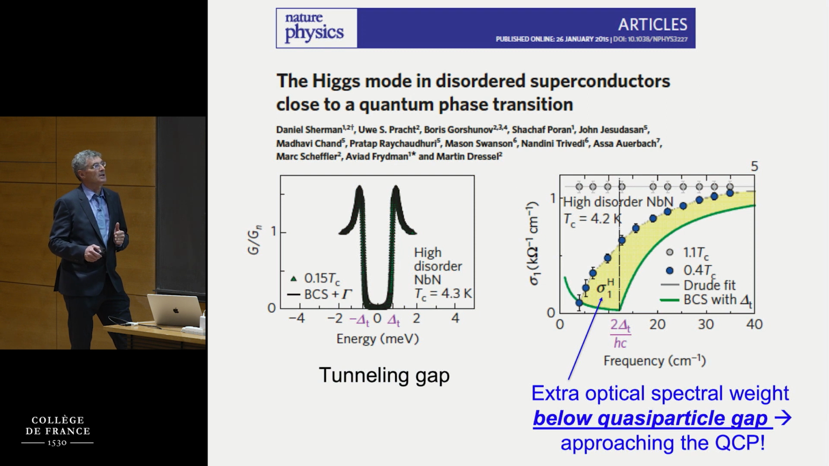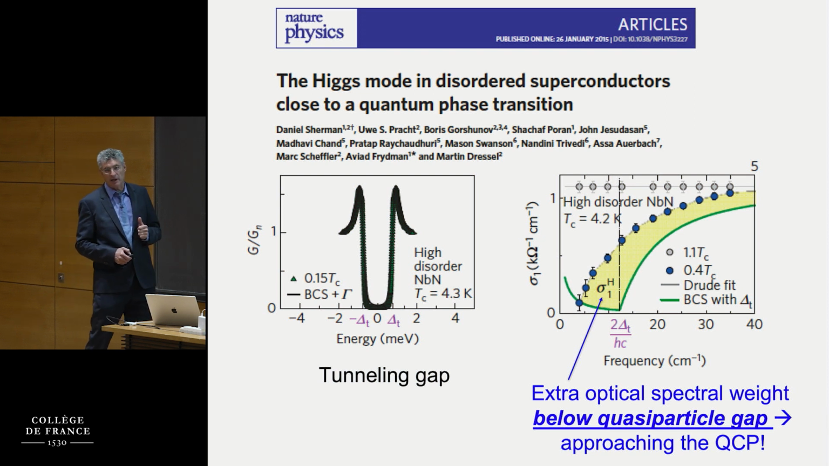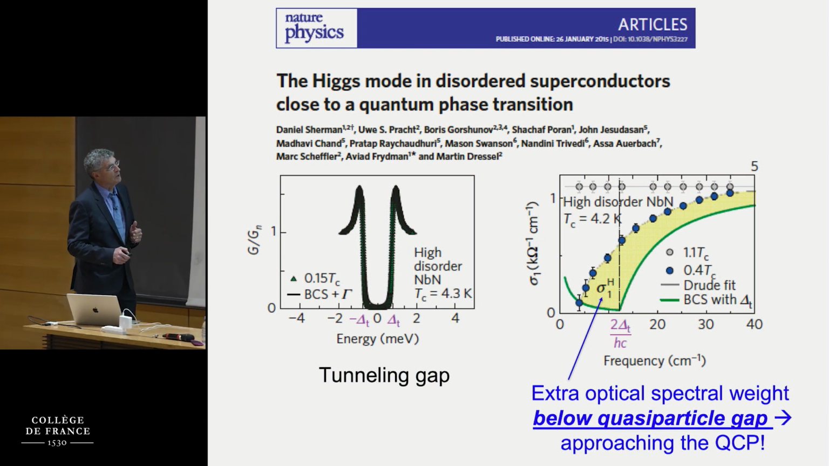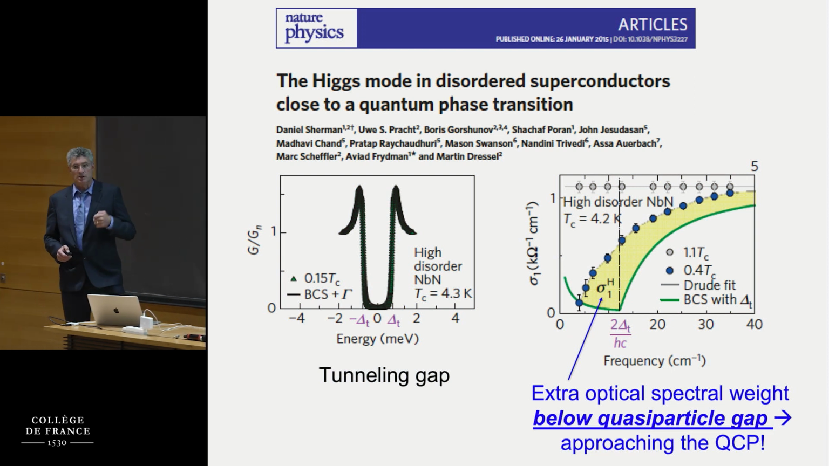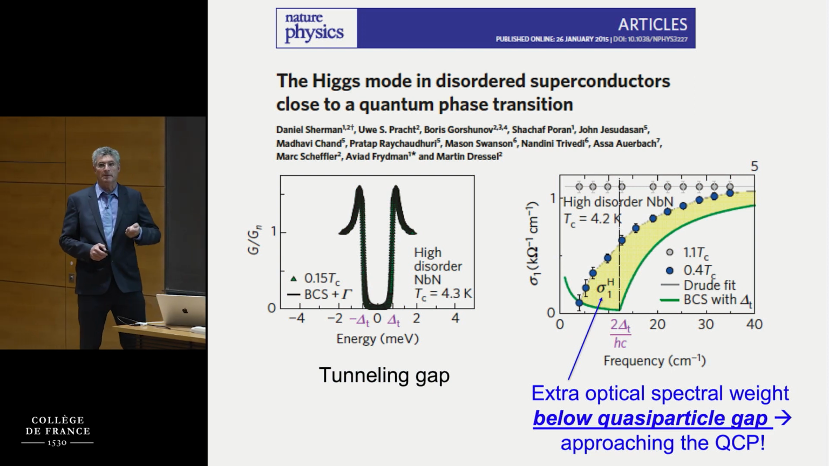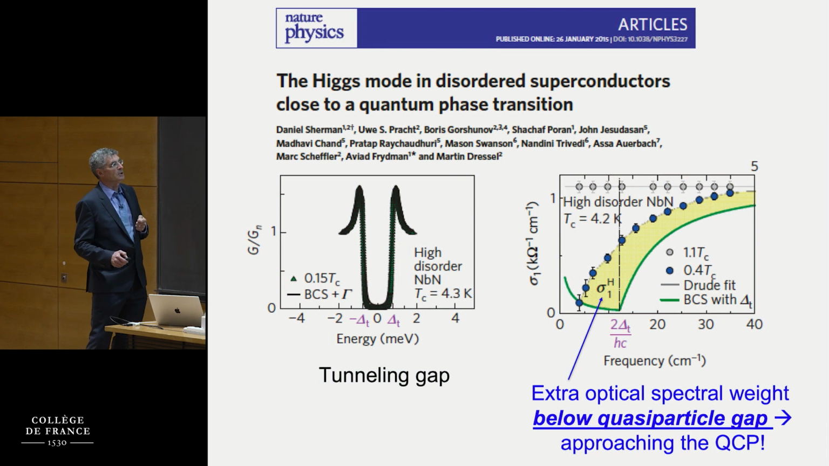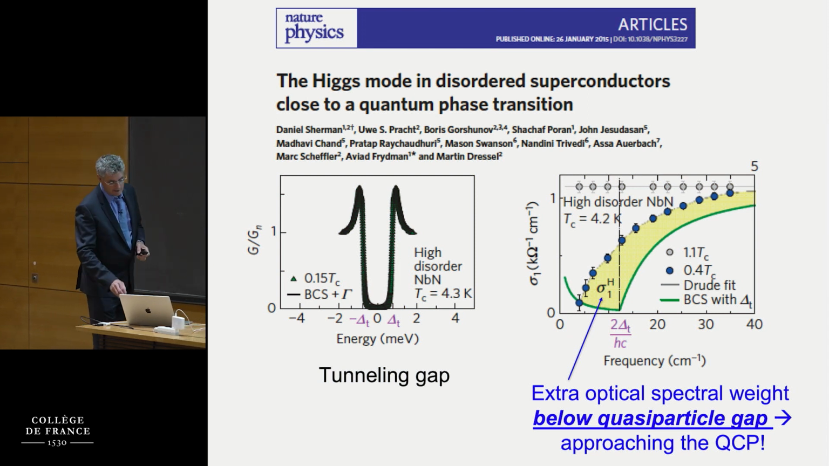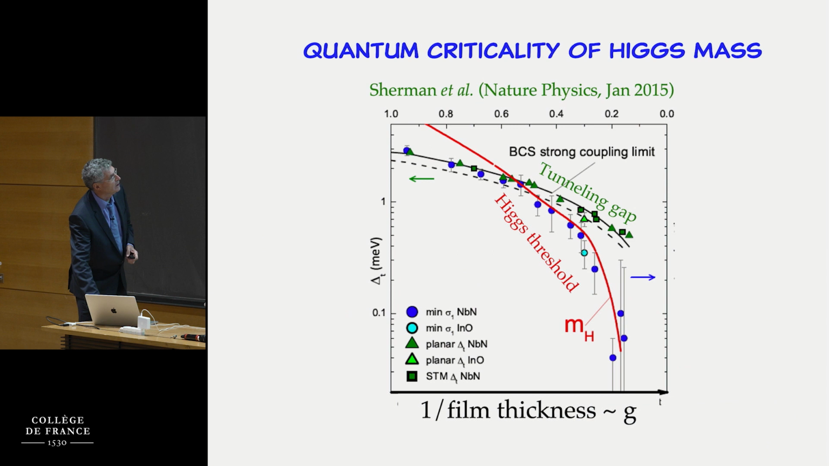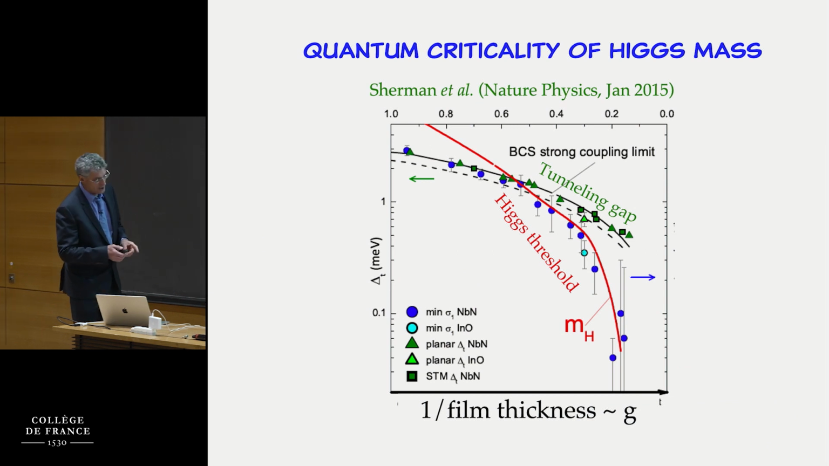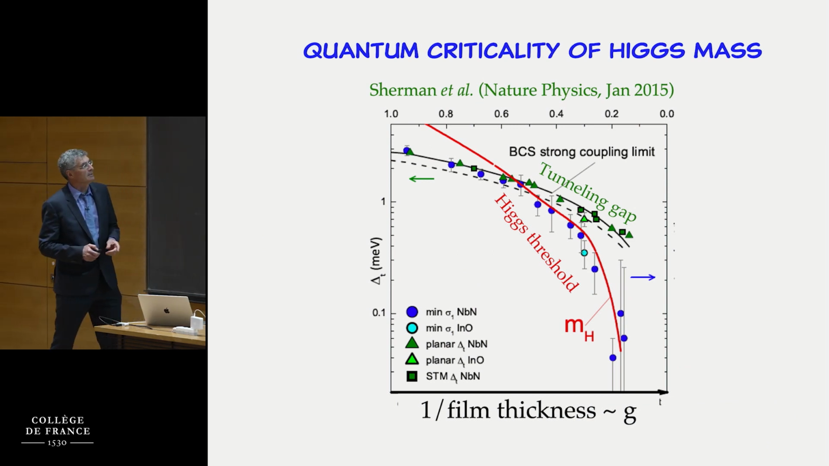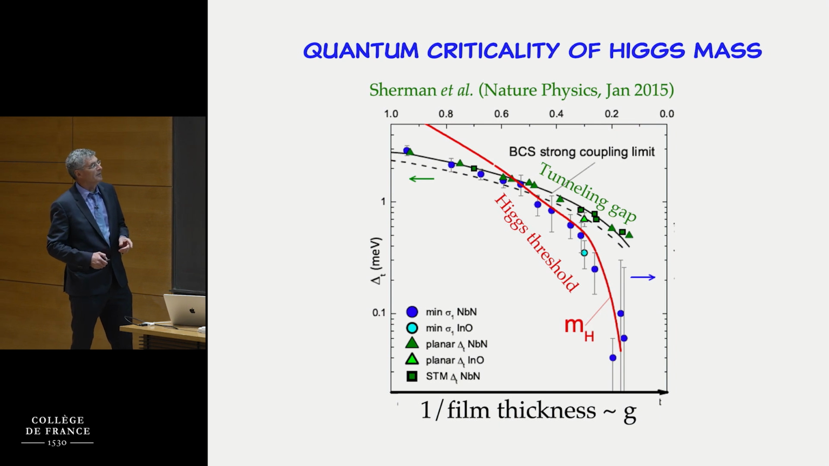And you see there's a marked difference. In other words, the threshold of conductivity becomes lower than the gap measured in tunneling. And the argument was they're seeing essentially indication of the amplitude mode becoming soft and dominating the optical conductivity. And this work was actually plotted a bit more systematically by looking at the film thickness changing here towards